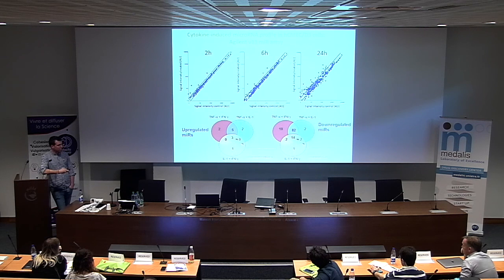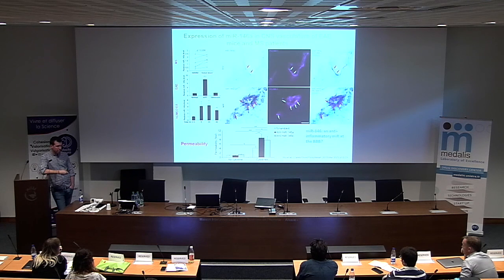So if you remember my previous slide, I talked about the other few microRNAs, and we've been talking about MIR155, but what about the second highest upregulated microRNA, in this case, 146A and B? Dongsen, a postdoc in the lab of Nacho, did very wonderful work characterizing, in the same way as I have explained with MIR155, the correlation of MIR146 both in vitro and in MS and in the EAE model, and you can see that its levels are increased, and that its levels are specifically increased in the endothelial cells